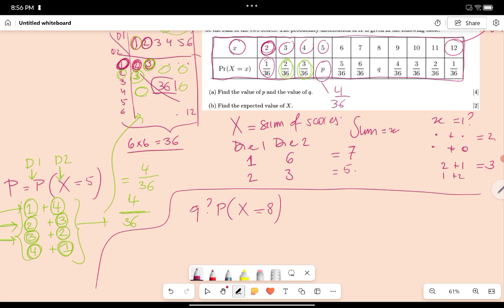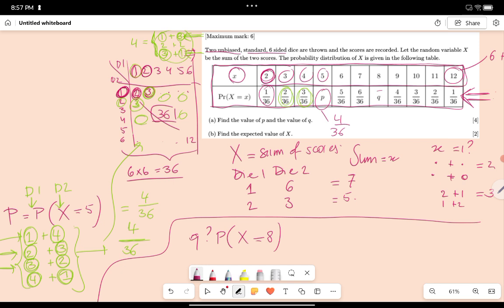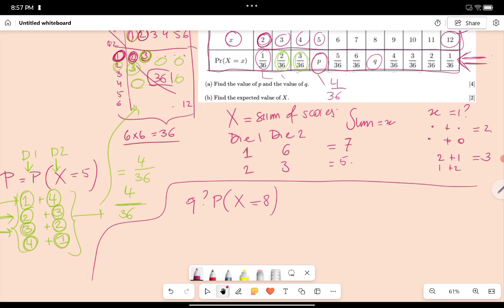Well, there are 2 options, guys, because we know that with a probability distribution table, the sum of all the probabilities will be 1. You always know that the sum of all the things must be 1, okay? Because one of these options must hold, and therefore the probabilities must add up to 1. So we could find Q by subtracting from 1 the sum of all these elements, and we know all of them as we know P as well. So you could do that to find Q, or you have a look again at the possible outcomes of